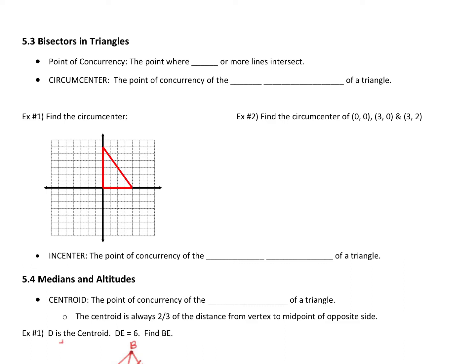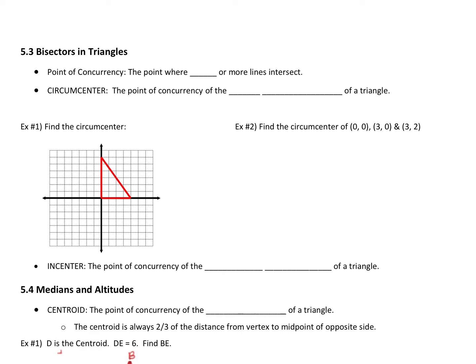A little thing that you need to know about 5-3, okay? The first thing is, what is a point of concurrency? It is the point where three or more lines intersect. Where three or more lines intersect is going to be a point of concurrency. So when we talk about points of concurrency,